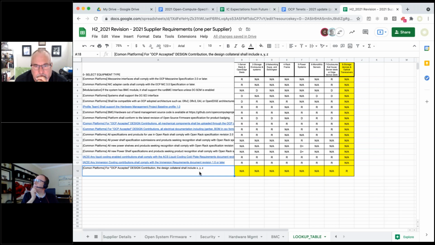I think your question is, if it's OCP accepted, is there other things that we would require them? I'm not sure what that would be. There's some sort of security related requirements. I don't know what would be different about those components than anything else.